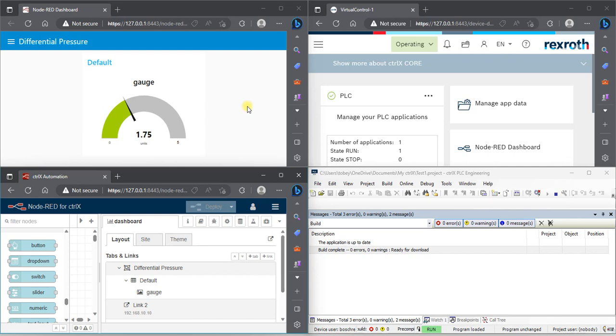Okay, so what I've got going on here is a virtual control. Let's do this for this. So virtual control 1 of the Rexroth CTLX1 Core, and I have a simulated differential pressure gauge